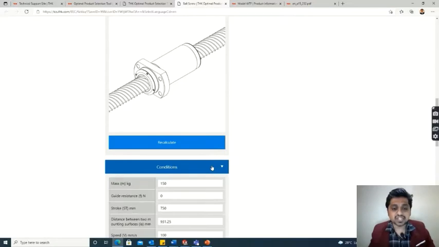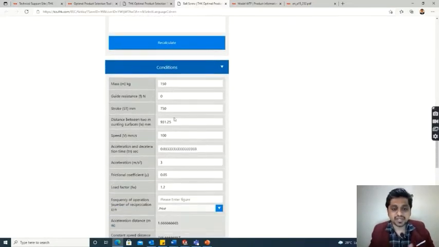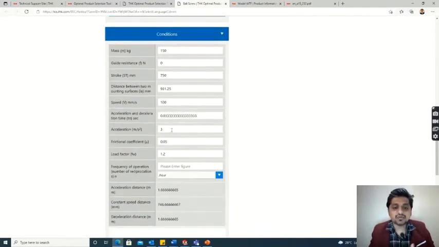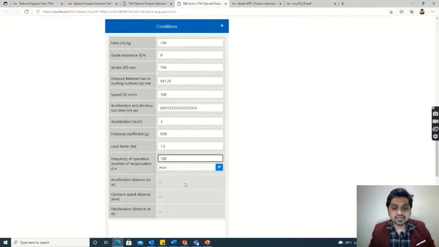Then there is a conditions tab, and here we have mass and stroke and speed, all the values are given. Here the frequency of operation is very important. We have to provide the frequency of operation, and we know that for our system the frequency is 100 cycles per hour. So we will put 100 in the frequency of operation.